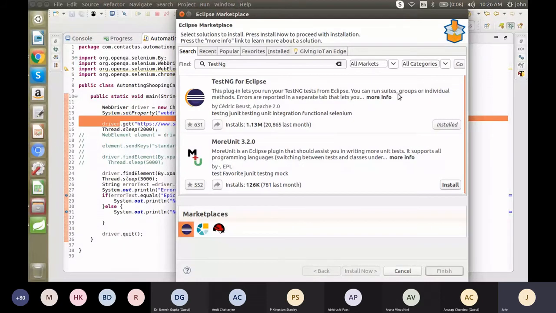You can see more info. Because I already installed the plugin, it is showing installed. If it is not installed, it will show Install, so you can click the install button and it will automatically install the plugin. So let me close this marketplace.